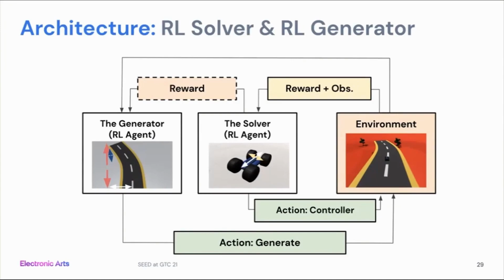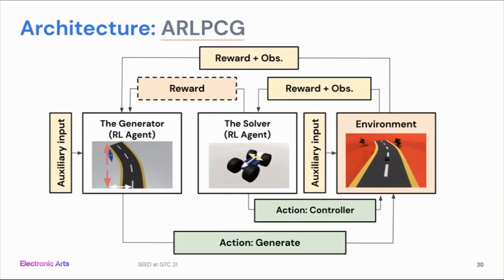but also from the solver. If the generator's goal is to make something difficult, it can get a positive reward if the solver fails, but also at the same time, if you want to make an easy map, you can get a reward if the solver solves the map. And by adding an auxiliary input to switch these values, you can learn to make both, and that also gives it a more diverse environment where it learns to make easier and harder maps.